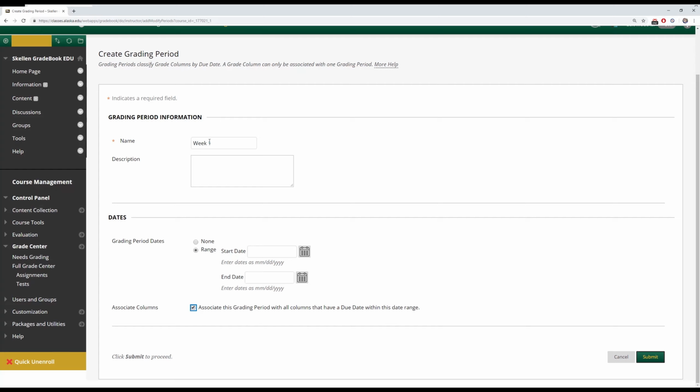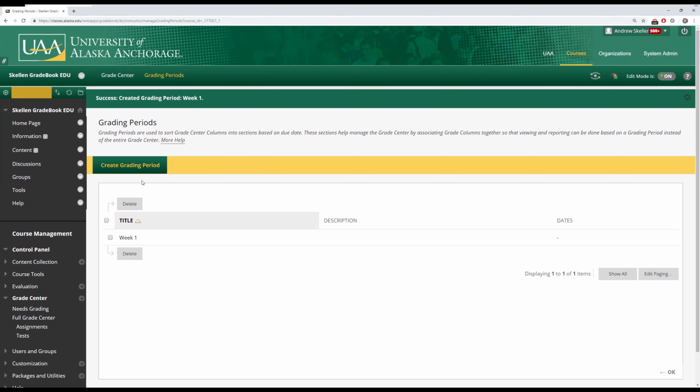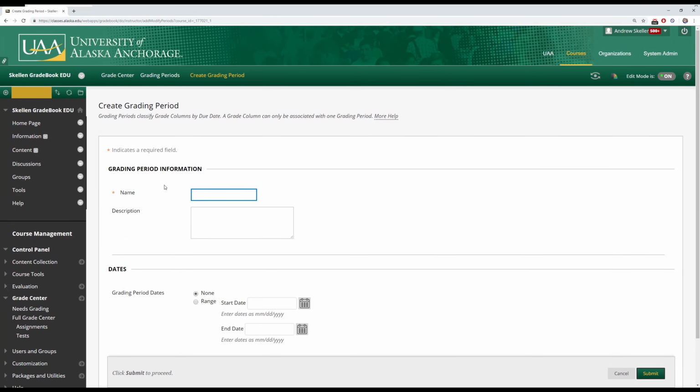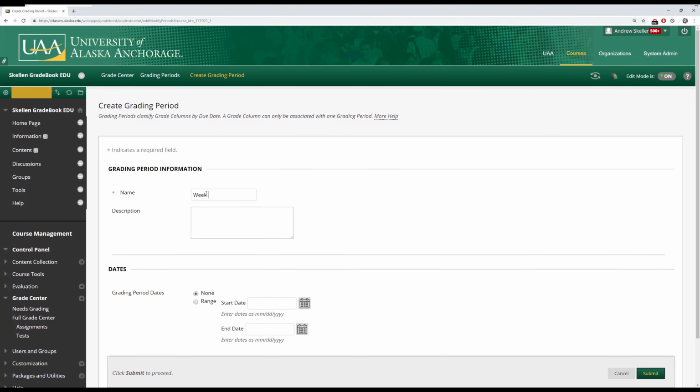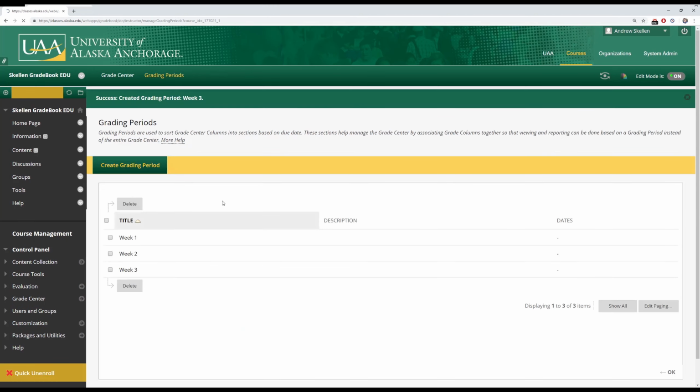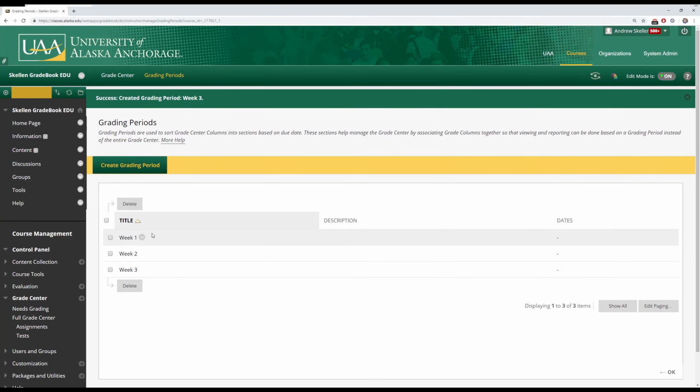For now, I'll go through and show you how to manually add them to the grading periods. So we don't need to click this button. We can change graded periods back to none. So let's click on Submit. Now we've got week 1. Let's go ahead and create week 2 and week 3. Perfect. Now that we have all 3 of our grading periods, let's click on this OK button down here in the bottom right